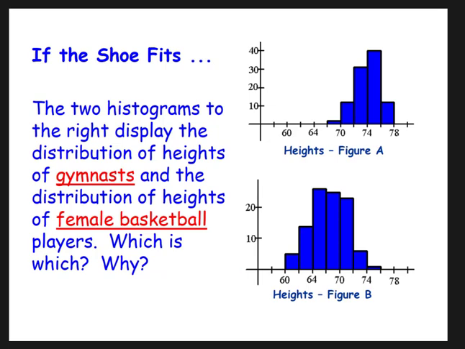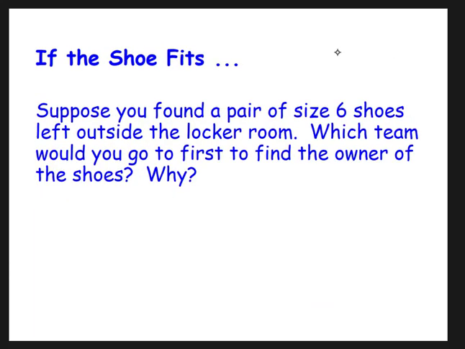So in this case, if we have two histograms to the right displaying the distribution of heights of gymnasts and the distribution of heights of female basketball players, which is which? In many cases, you can just look at the display, the shape in this case of a graph, and figure out which is which. If you know one is gymnasts, which are typically shorter, and one is female basketball players who are typically taller, we see that this top one here,